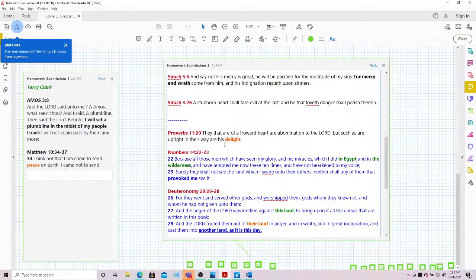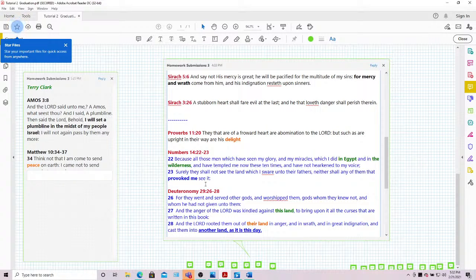And this is why we're here today. So look at Numbers chapter 14, verse 22 to 23. Because all those men which have seen my glory, so you've seen the righteousness, and you've seen the glory, and you've seen the knowledge of the Most High, and my miracles which I did in Egypt, so in confusion, and in the wilderness, and have tempted me now these 10 times, and have not hearkened unto my voice, surely they shall not see the land which I swore unto their fathers, neither shall any of them that provoked me see